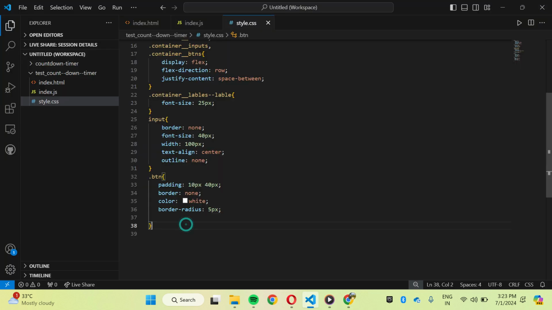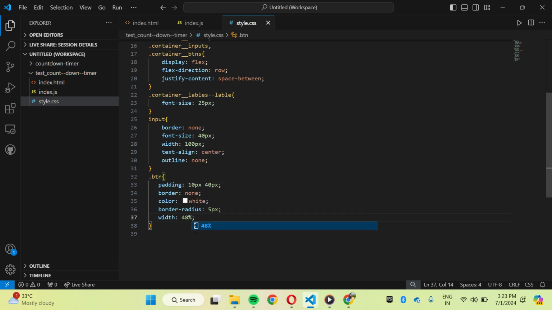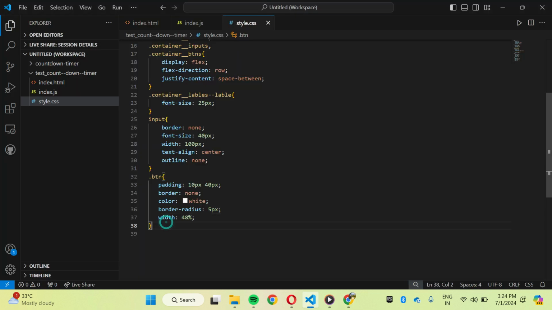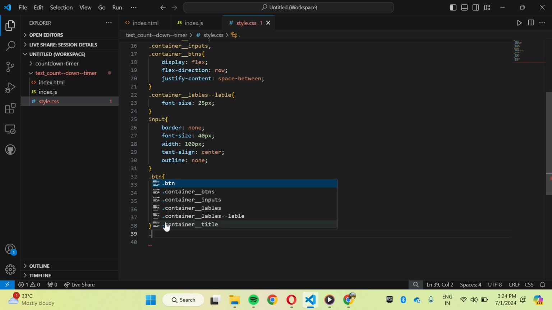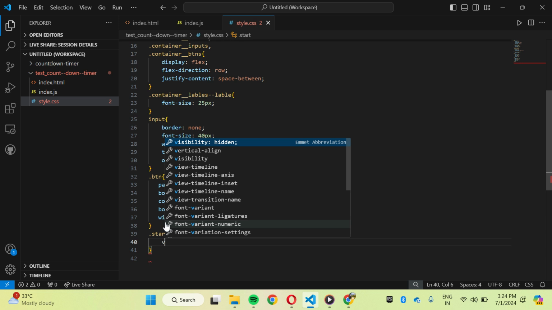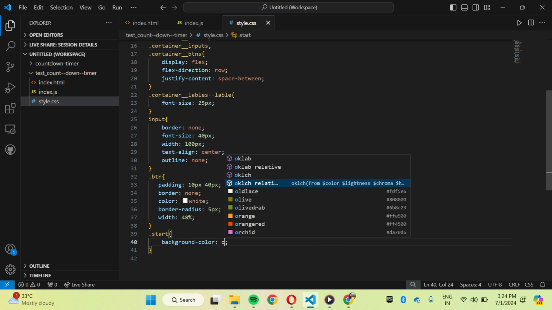The next thing is, I'm just going to go here, and the width should be 48 percentage. Just give 48 percentage. We'll just make it so. So now what I have to do is, I have to give coloring for each and every single button. Start should be the background color orange red,